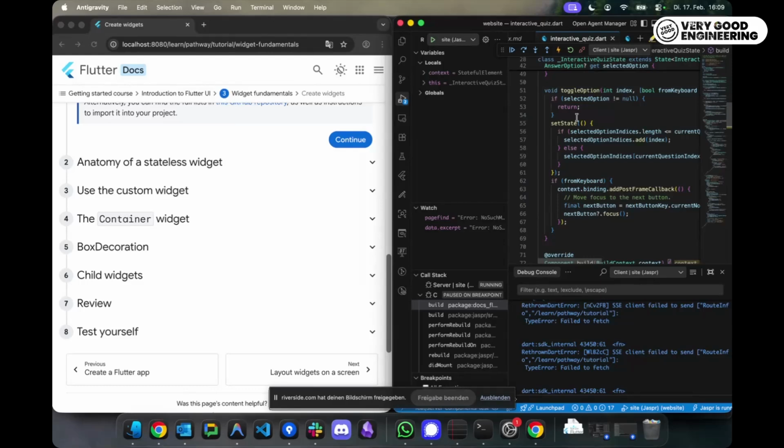But there are other parts of the site that don't need to be interactive, so you don't even compile these parts or these components to JavaScript.